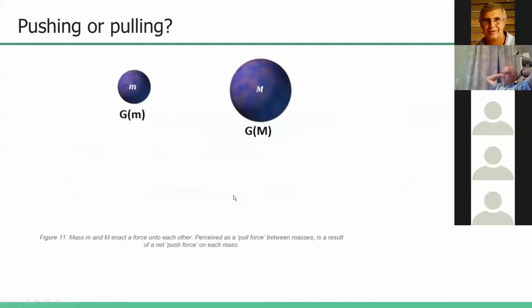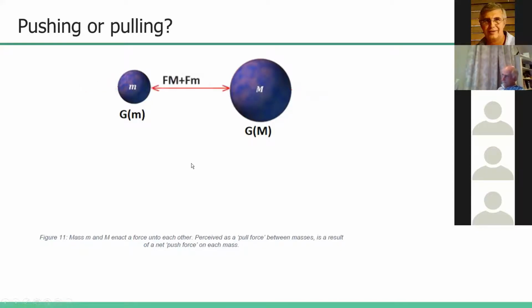Let's compare, for instance, the two masses on the screen. We have one large mass. Let's say this is the Earth. We call that big M, and we have the Moon, which we call small m. If we had push forces from the side, now look at this carefully. This is small m. So there's a force on the big mass caused by the small mass. In other words, this F is caused by that M. And we have a big M that causes a force on this side, which pushes these two masses together.